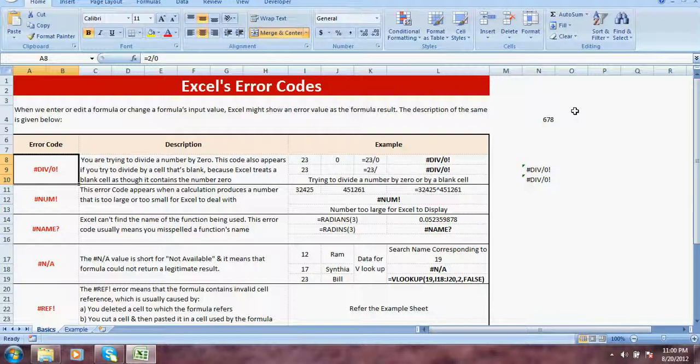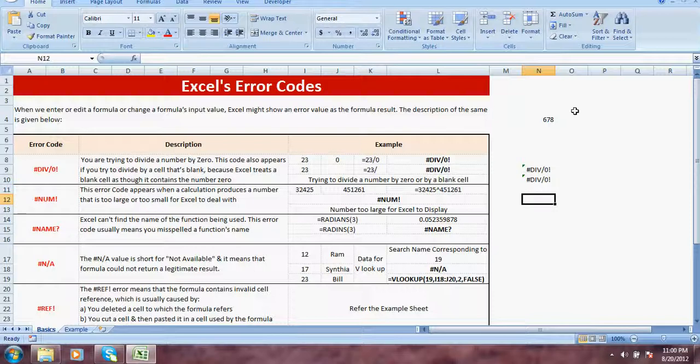Now second one, #NUM! error. This kind of code appears because in the calculation you are trying to do in Excel, the result is either too large or too small for Excel to deal with.